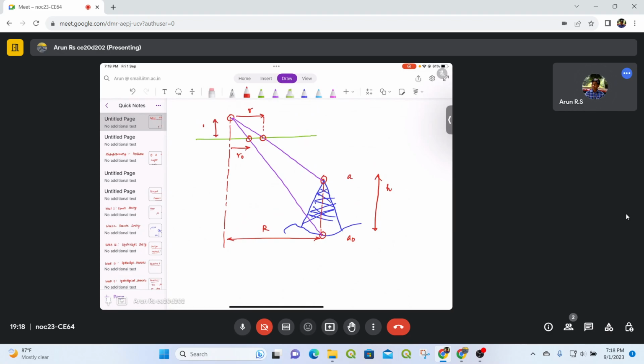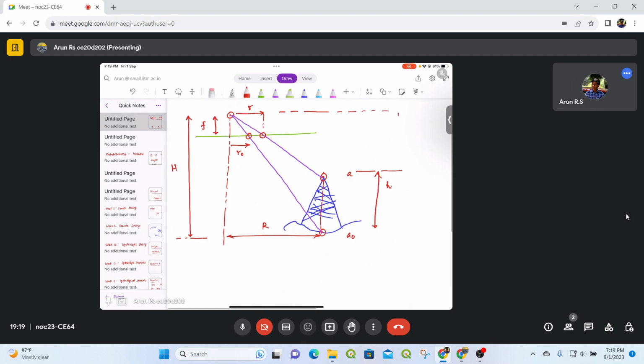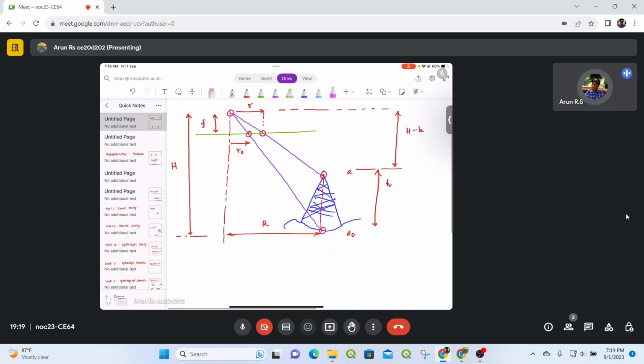And this is the focal length, and let's say that this is the height at which the aircraft is located, and from the top of the tower, this height is nothing but capital H minus h. Now we are going to use the concept of similar triangles. So the first triangle that I'm going to take, I'm highlighting it with the pink line. So that is the first triangle,